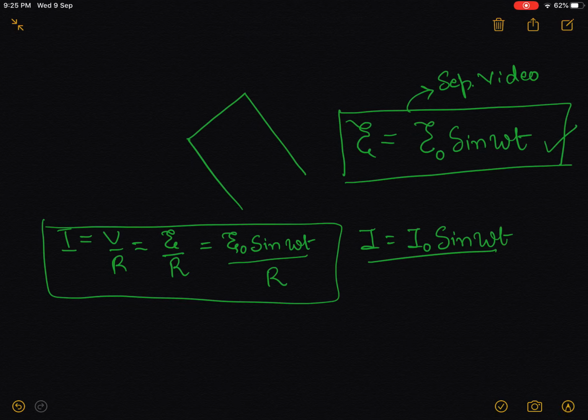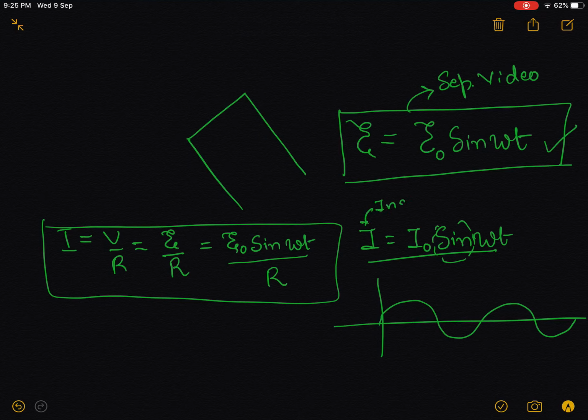Thus current in a circuit varies in a sinusoidal waveform. Why sinusoidal waveform? It has the sine graph. What is sinusoidal waveform? The waveform generated in this shape is known as sinusoidal waveform. So an alternating current will have sinusoidal waveform, and your I is your instantaneous current at a point. Maybe at this point if I want current, so at this point I will be equal to your max value I naught sine omega t.